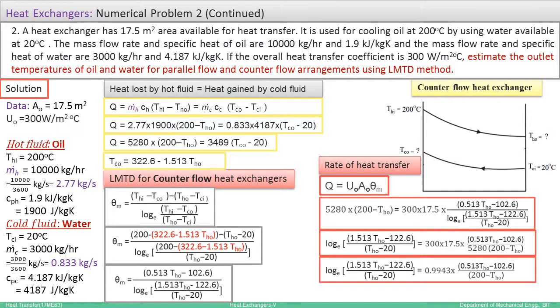When you try it out this time, for the case of the counterflow heat exchanger, you can see this THO becomes 120 degrees Celsius. I just want to recall that for the previous parallel flow arrangement, that was 134 degrees Celsius, and now it has been reduced to 120 degrees Celsius. What does it signify? In a counterflow heat exchanger, it is possible to extract more heat from the hot fluid, thereby reducing the temperature of the hot fluid at the outlet.